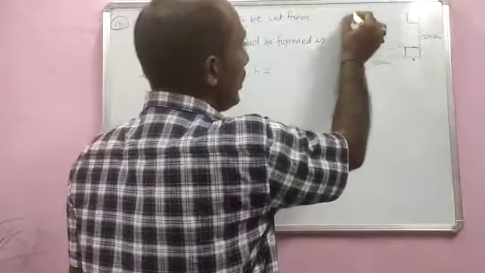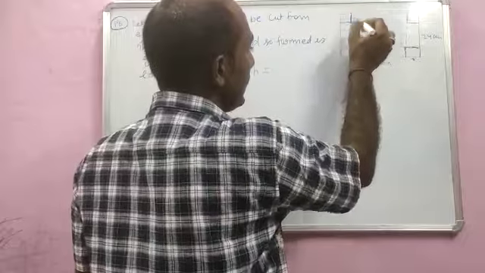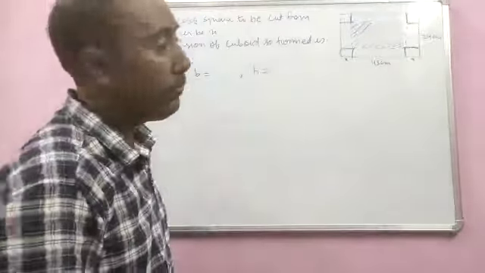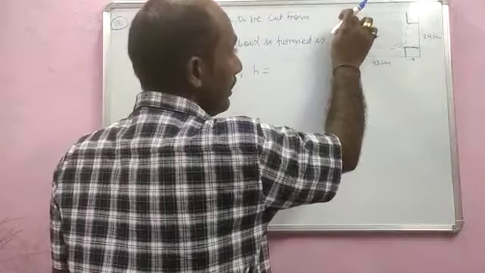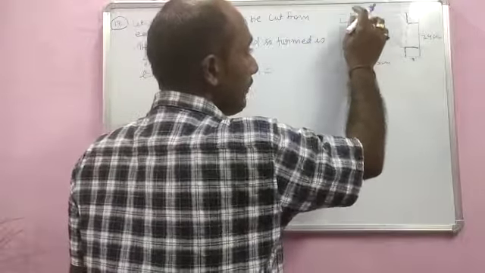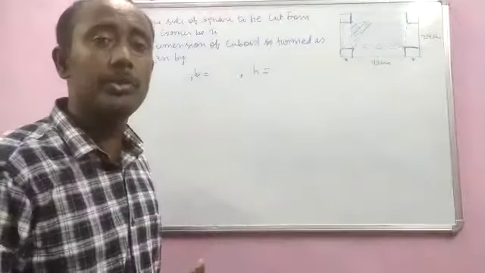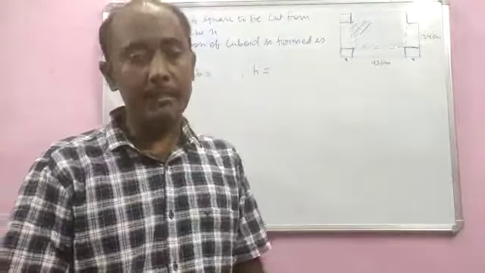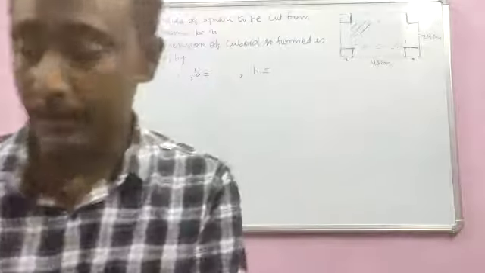And from each corner you have to cut a square. So these are the squares which you have to cut from each corner. The question is, what should be the side of the square so that the volume of the open box which you will get should be maximum. Okay, so let me first make you understand the figure.